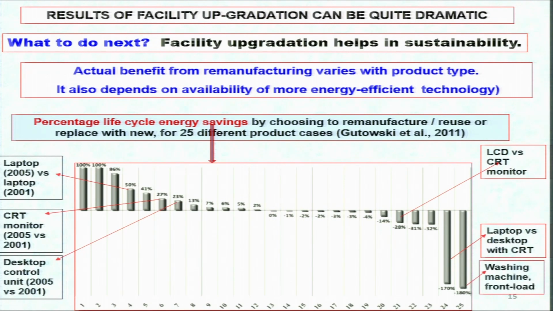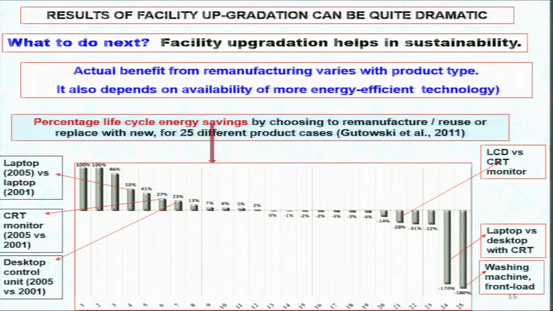Because you cannot compromise with your requirement also. Just like washing machine front load, again washing machines are nowadays requiring more energy because